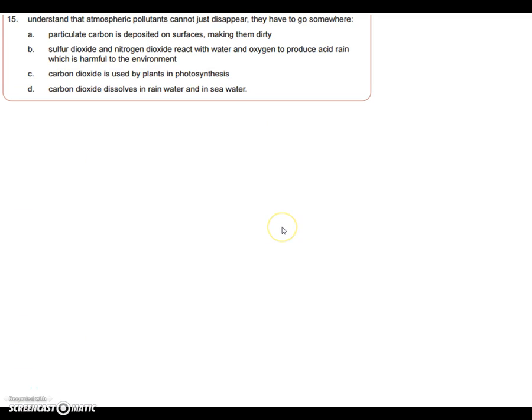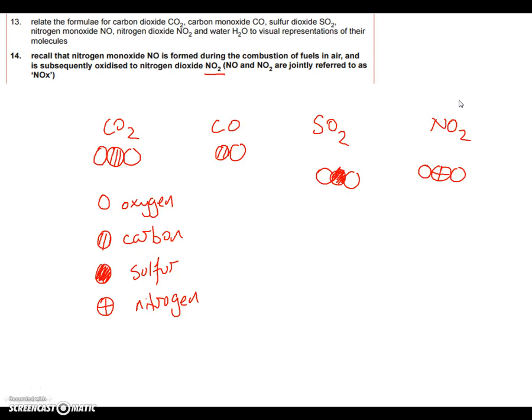So this is part 3 of the C1 21st Century Science review. Most of this has been discussed already in the previous two parts. This one is saying understand that the pollutants cannot disappear, they have to go somewhere. So this really is just a follow-up from